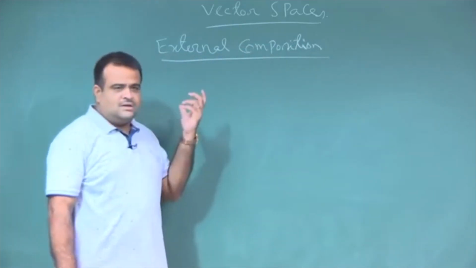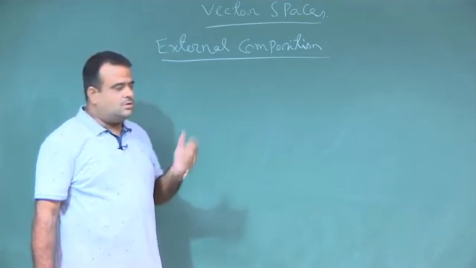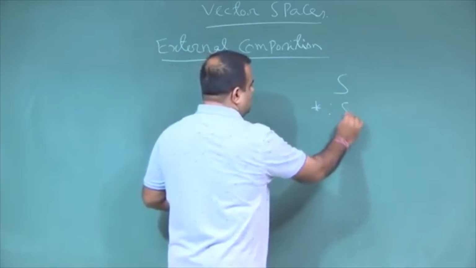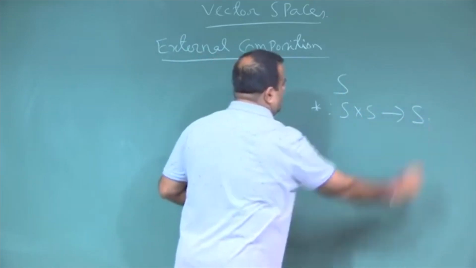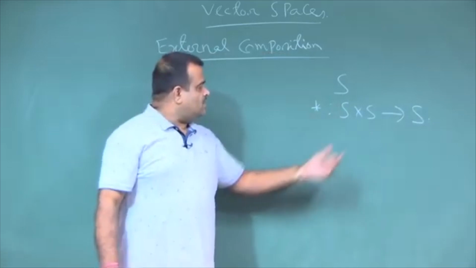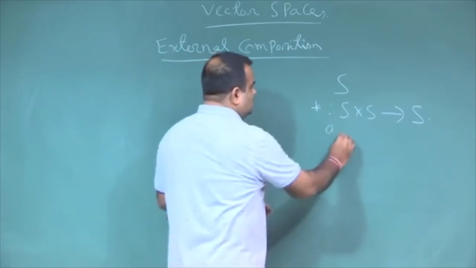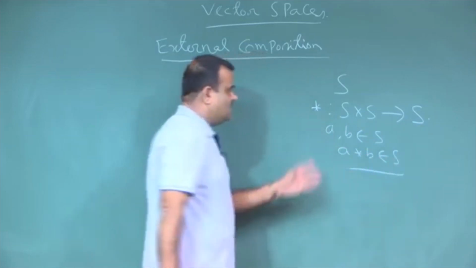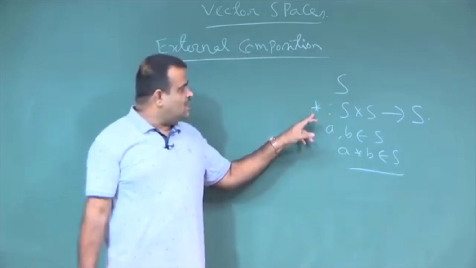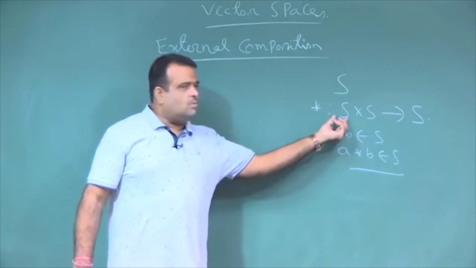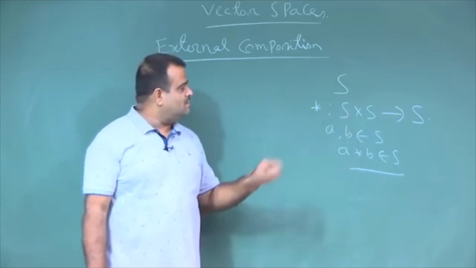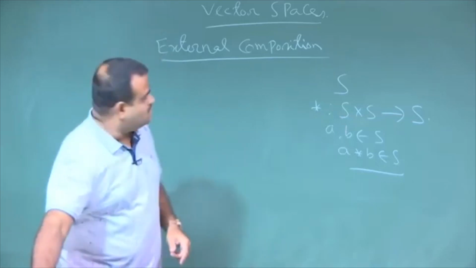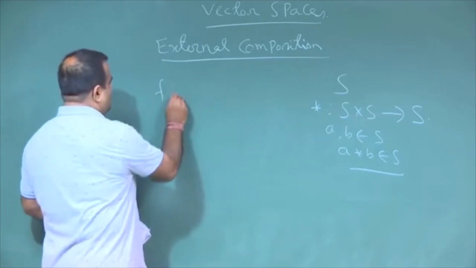We know the internal composition, like if we have a set S, we know the binary operator. We take two elements A, B from S, then we operate on them, and we get another element in S if it is closed. So this is an internal composition, where both the elements are coming from the same set. But instead of that, if one of the sets is different,